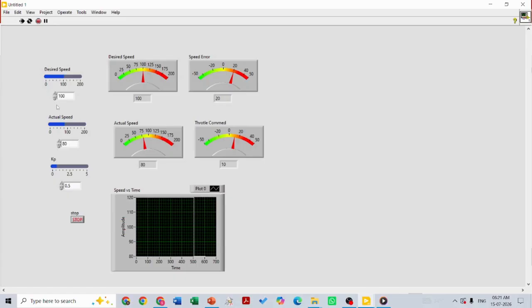Cruise control works based on your desired speed. If I want to maintain 100 kilometers per hour, then based on the positive or negative error, I give the command to the throttle, to increase or decrease it. This is done in a practical manner, so the throttle command goes through a controller to increase or decrease the command and maintain a constant speed of about 100. That is the basic explanation of